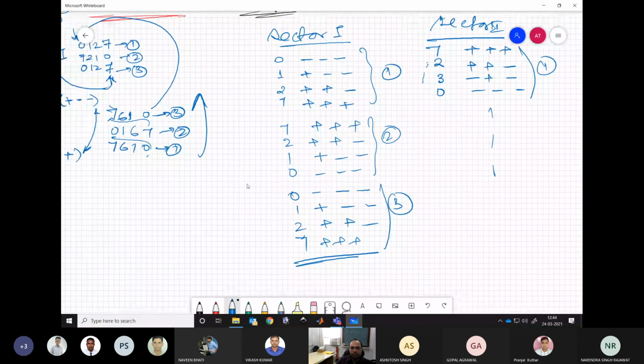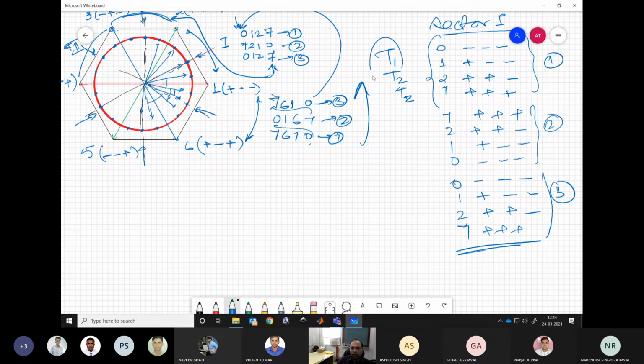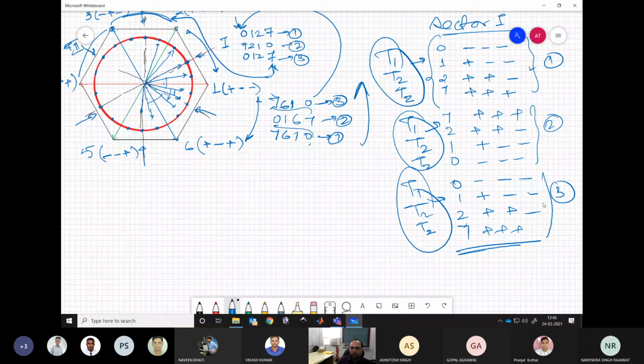Is it clear? Yes, sir. So for each sample realization, we are computing our T1, T2 and TZ again. This is computed for this sample. Then again we compute T1, T2, TZ for this sample, then again T1, T2, TZ for this sample, and we keep applying these vectors. So our T1, T2, TZ are changing with every sample, because although the Vs magnitude is the same, the angle is changing.